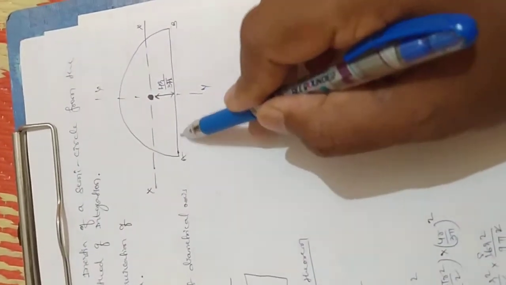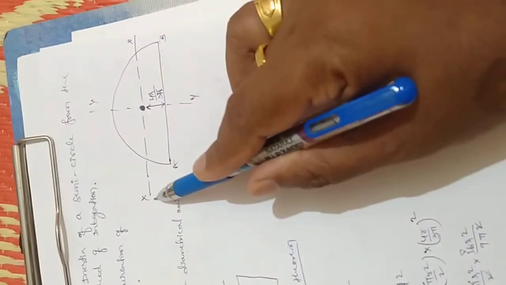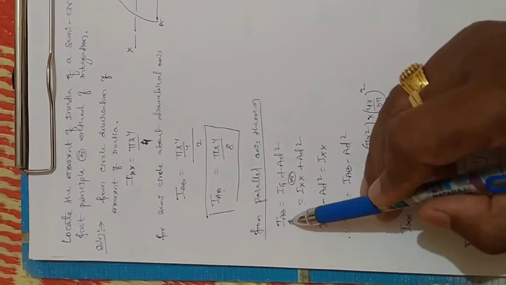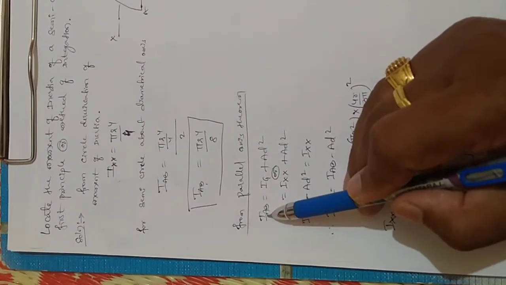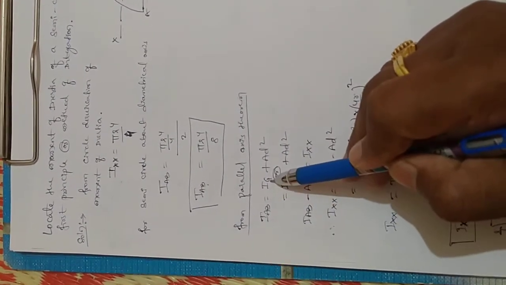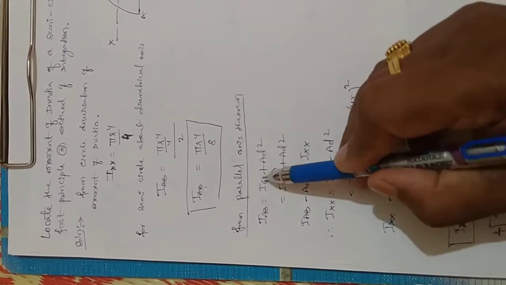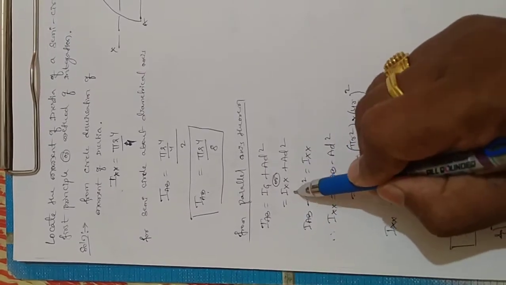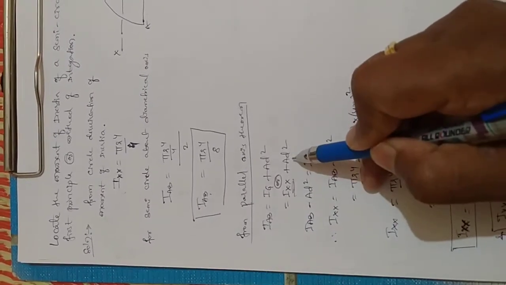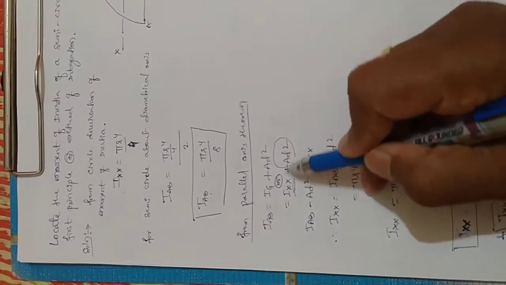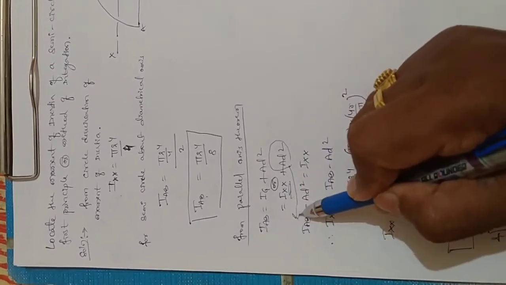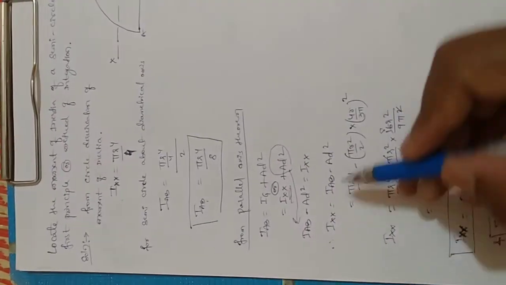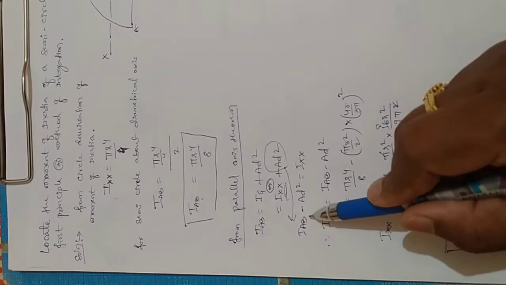I just got the moment of inertia about this base. With the help of this, let us calculate the moment of inertia about the x-axis. From the parallel axis theorem, the formula we have is: moment of inertia about the base is equal to the moment about the centroidal axis plus AD square, or this Ig can be written as Ixx plus AD square. Now I want Ixx, so I have taken this term to the left-hand side. So IAB minus AD square is equal to Ixx. So now Ixx is equal to IAB minus AD square.